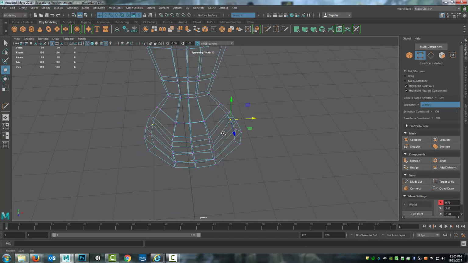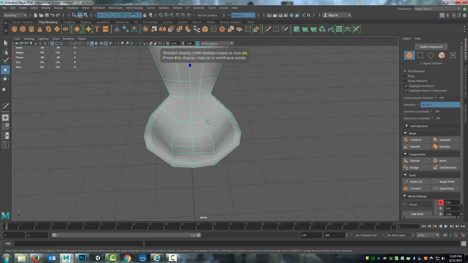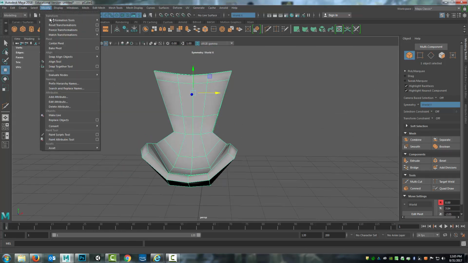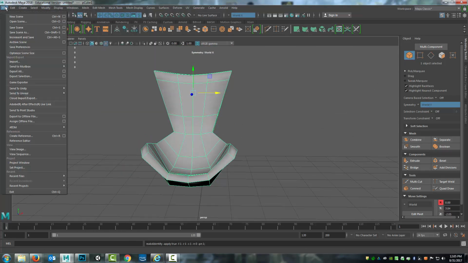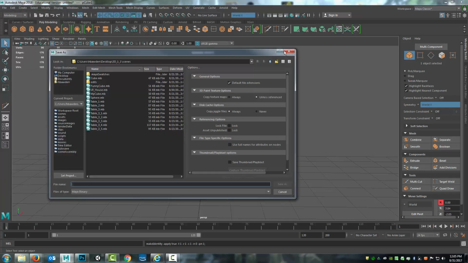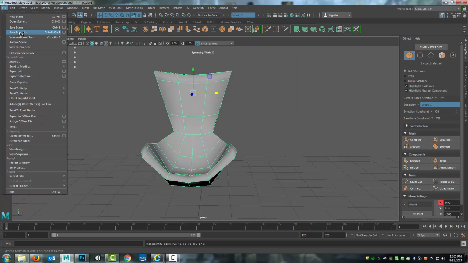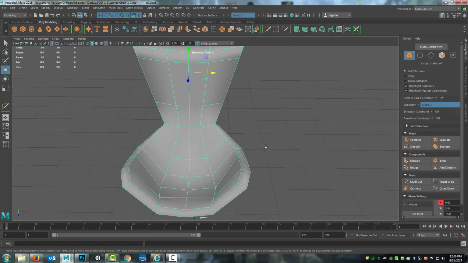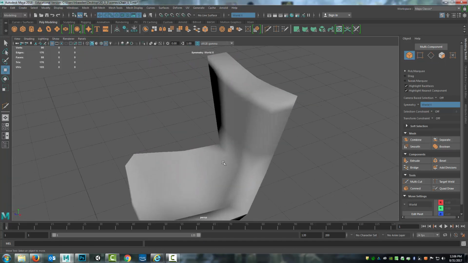So before I go any further, I want to stop and take a moment to go to Object Mode, select it, Edit, Delete All by Type History, Modify, Freeze Transforms, File, Save Scene As, and I will call this chair 1 underscore 1 as I'm going through the iterations, and I'll save that. Okay, so now that I've gotten that far, I then want to move up to the top of the chair,